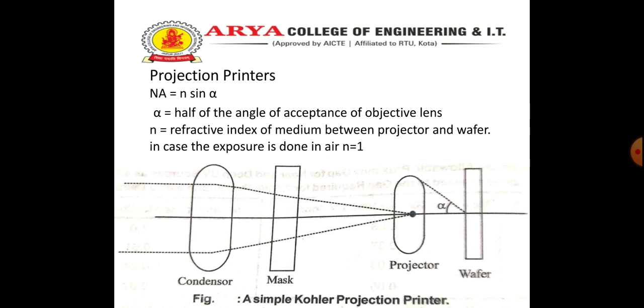The next is proximity printers. Proximity printers are developed to avoid defect generation. In this type of exposure tool, the mask floats off the surface of wafer. The gap between wafer and mask is controlled by flow of nitrogen into the space. Since there is no longer any contact between wafer and mask, defect generation is sharply reduced.